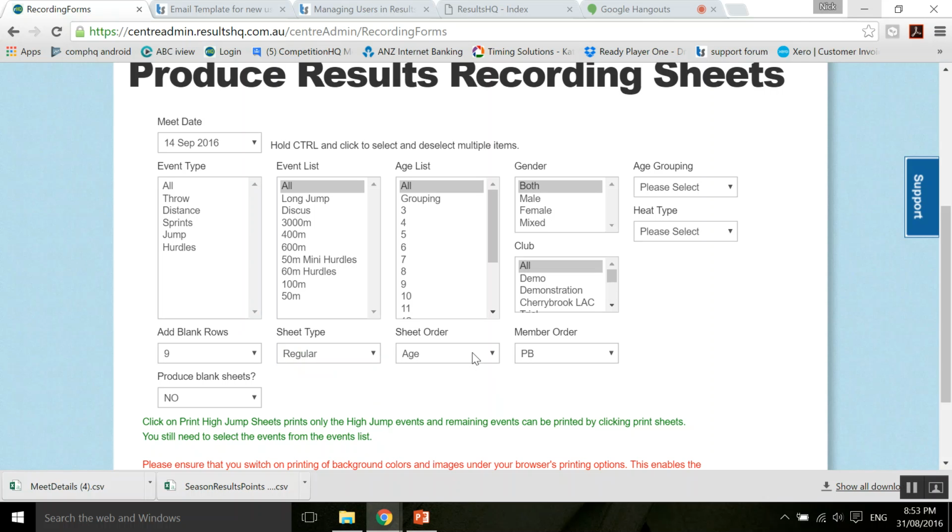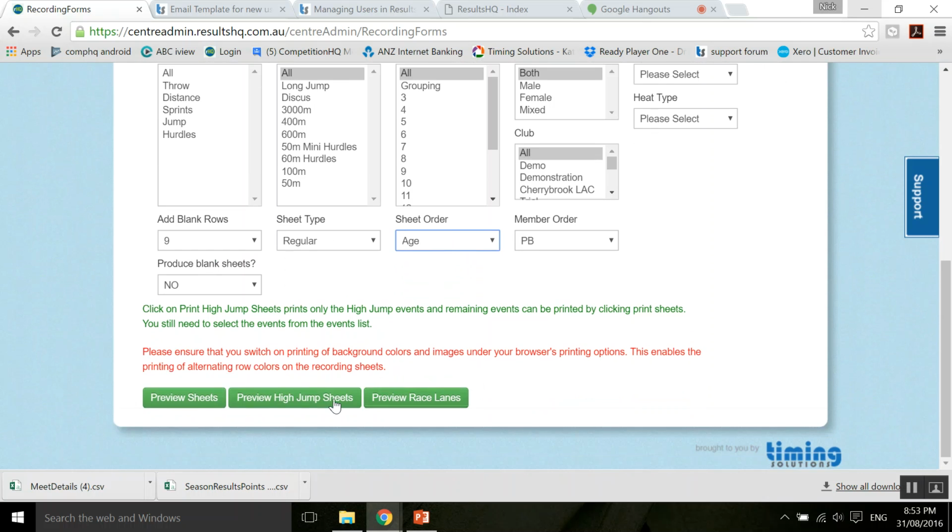If I'm printing off by age manager, because I've got 10 folders for my 10 different age groups, and that's how I want it printed by age group, then I'll leave it on that, versus if I had 10 folders for 10 different events or event locations, then I could do it by event name instead. So all my shot puts would print off together in one pile, 6, 7, 8, 9, 10, 12 shot puts, versus if I left it on the age, it would be all the under 6s and then all the under 7s and so on. But just to show you the difference between regular and condensed, if I go preview,